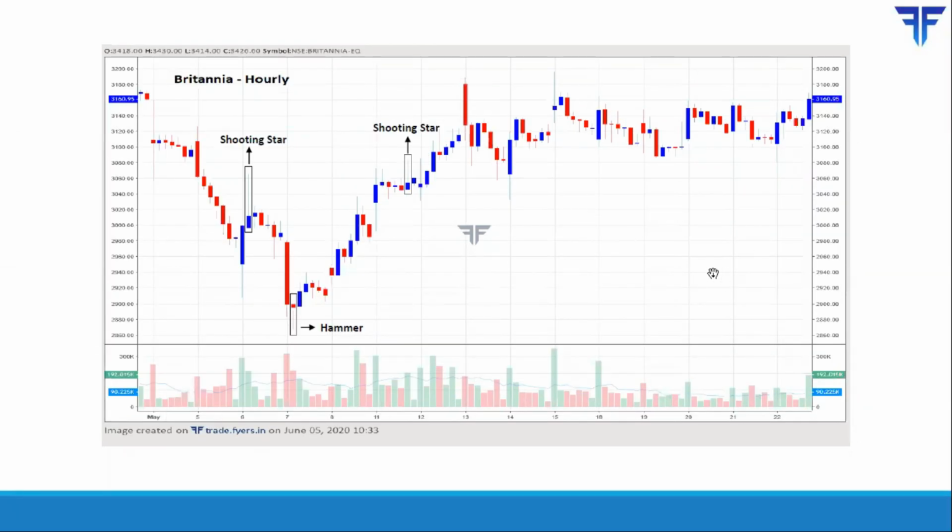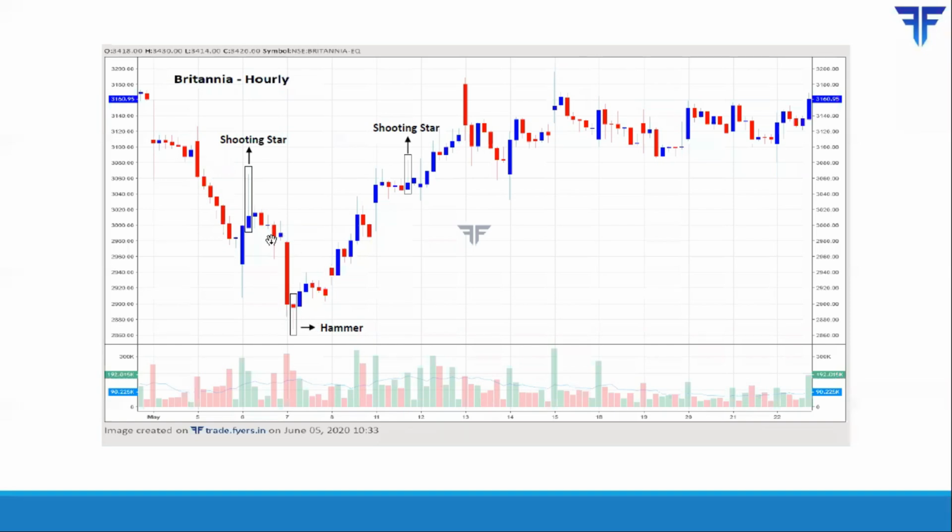Then this is the hourly chart of Britannia. As I said, candlestick patterns can be applied across different time frames. So we are drilling down from weekly to daily and now going to the hourly chart. Here is the hourly chart of Britannia. You can see a shooting star forming over here. You have a tall bullish candle and then a shooting star emerging for this particular hour. In the subsequent hour, the high of the shooting star was not broken, and price fell lower.